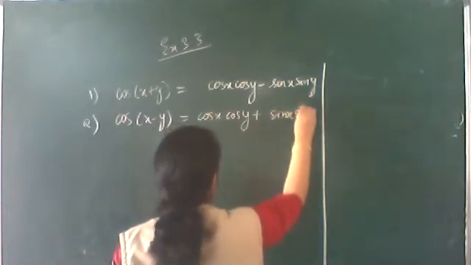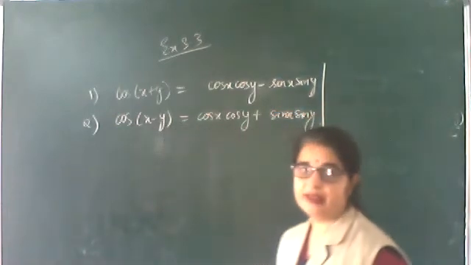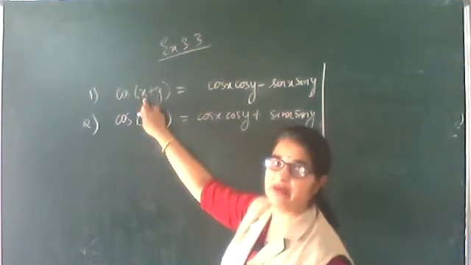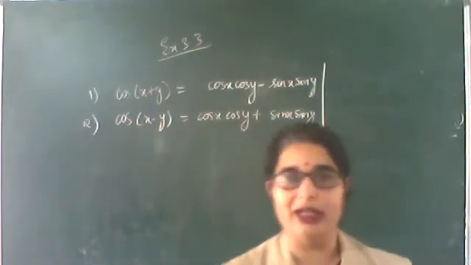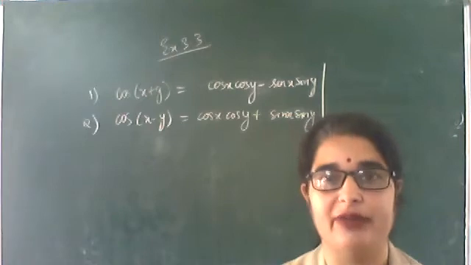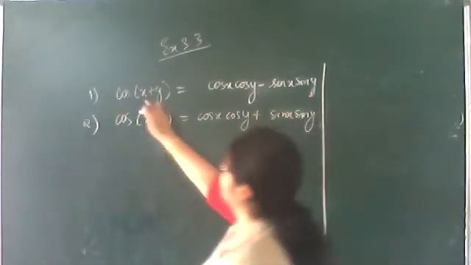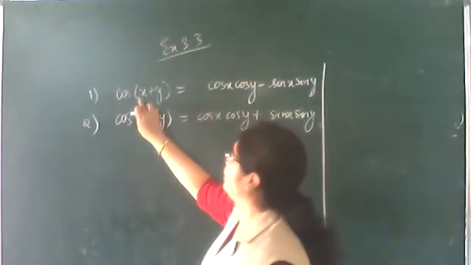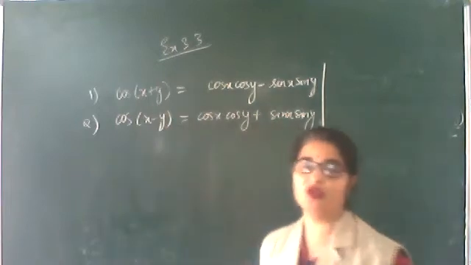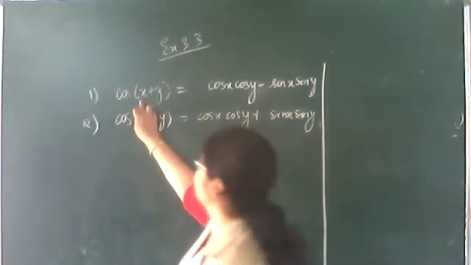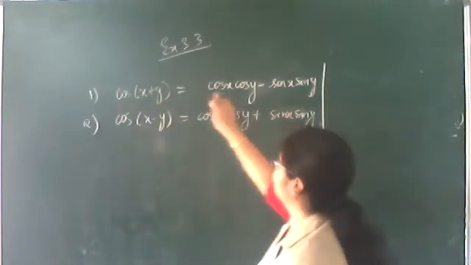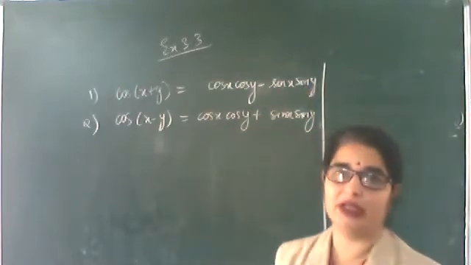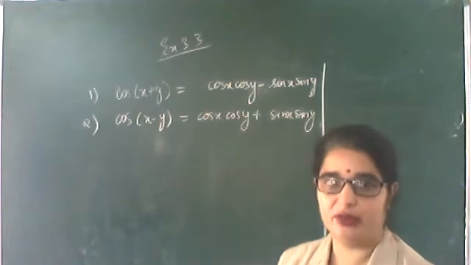x sin y. Just see what is cos of x plus y. Suppose we are having cos 75 degree, and you don't know the value of cos 75. If I ask you to find the value of cos 75 degree, how will you find it? You can write this as cos 30 plus 45. So cos 30 plus 45 is cos 30 cos 45 minus sin 30 sin 45, and you know these values. So it will be easy for you to calculate. Clear? So where it will be used, that also I told you.